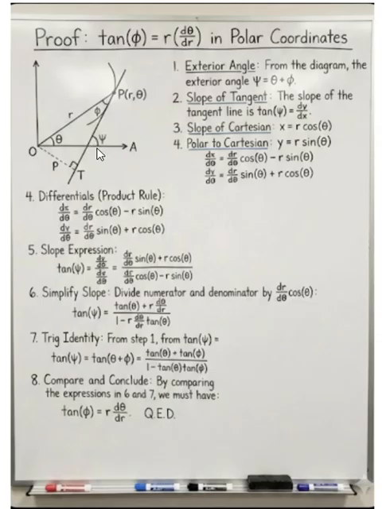The psi angle represents, if you take tan psi, the slope of the curve at a point P. That is very important. Tan psi will represent the slope of the curve at a point, because we already know that the slope of the curve at a point is equal to the slope of the tangent drawn at that point. If I want to find the slope of the curve at a point P, I need to draw